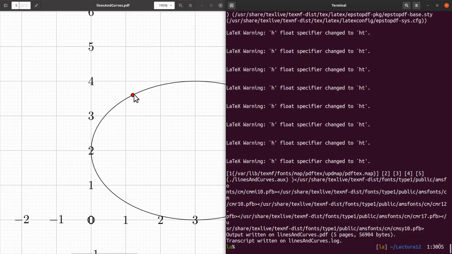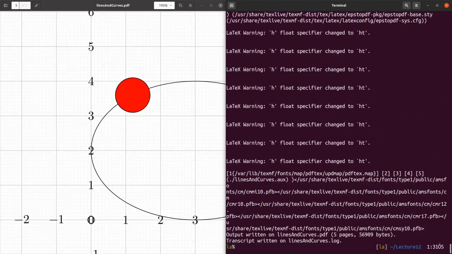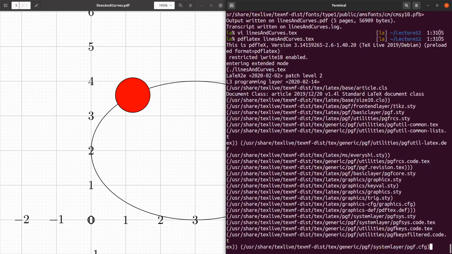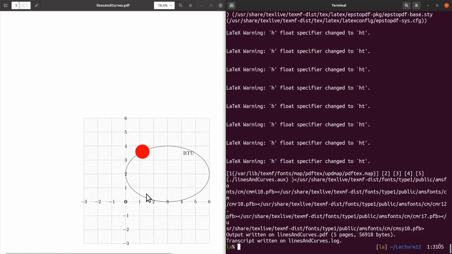This is filled with red, but when we, like, let's make this 5 millimeter to see better. This is filled with red, but the surrounding is still black. Okay, so we have two colors. One of them is fill color and one of them is the line color. If we add one more red here, we will also make the line color red. All right, so